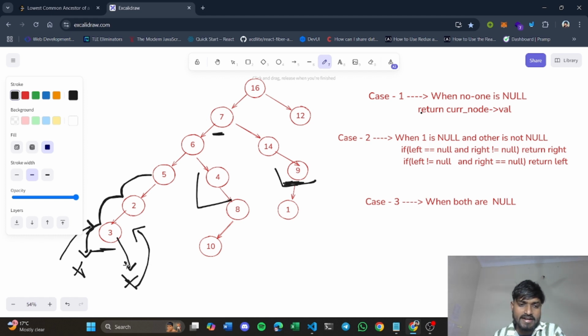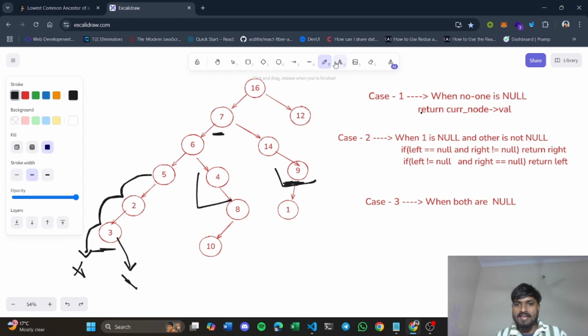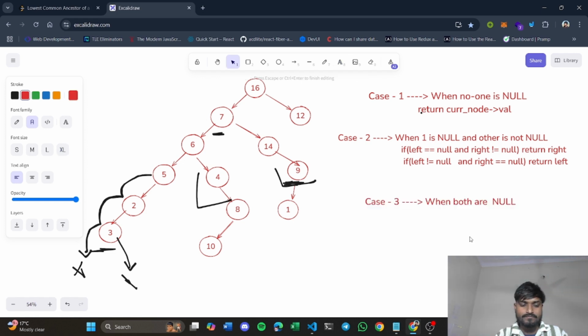That means that you didn't get any of these two nodes, that is 4 and 9. You didn't find any of these two nodes, so you will return null. Again, this 3 will return null to 2. Again, you will call for right of this node 2, and you will find nothing here. So you will also return null from here. So from left and right, you are getting null for 2, so again 2 will return null. This is basically the third case, when you are getting null from left and right. In this case, you will basically return null.